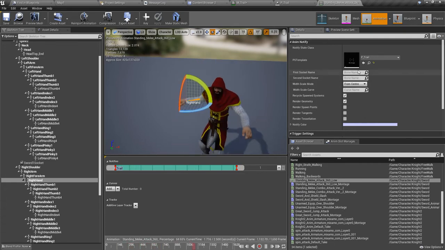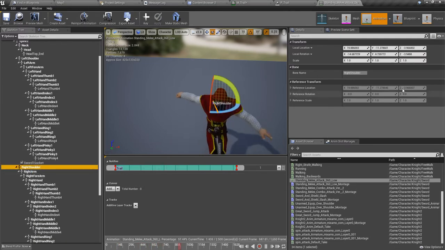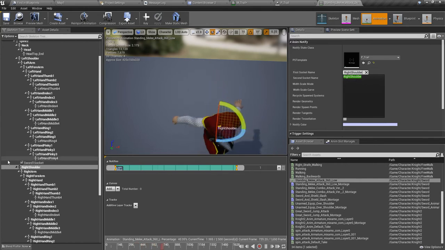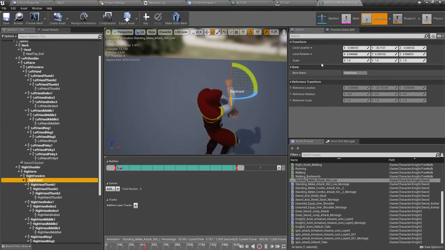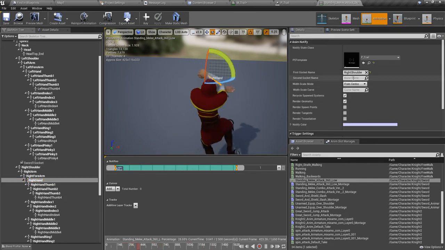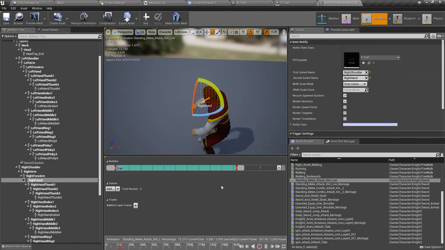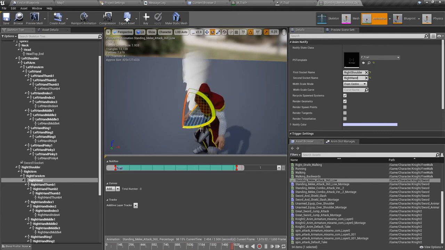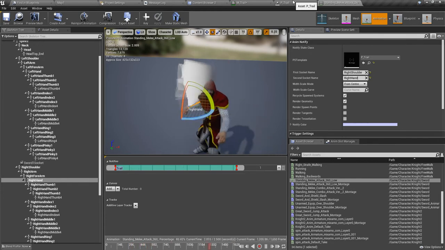And I have to define two bones, so I'll use the right shoulder here and the right hand, like this. Alright, so as you can see, this trail works, but it is kind of going upward, and I think we can fix that in the